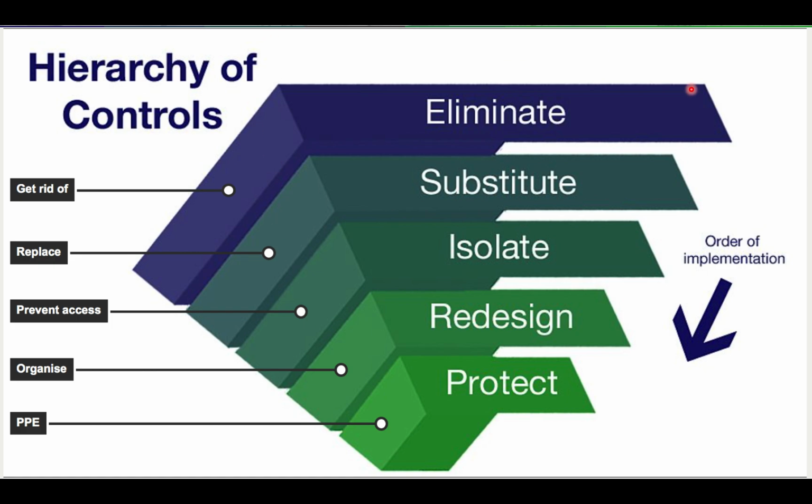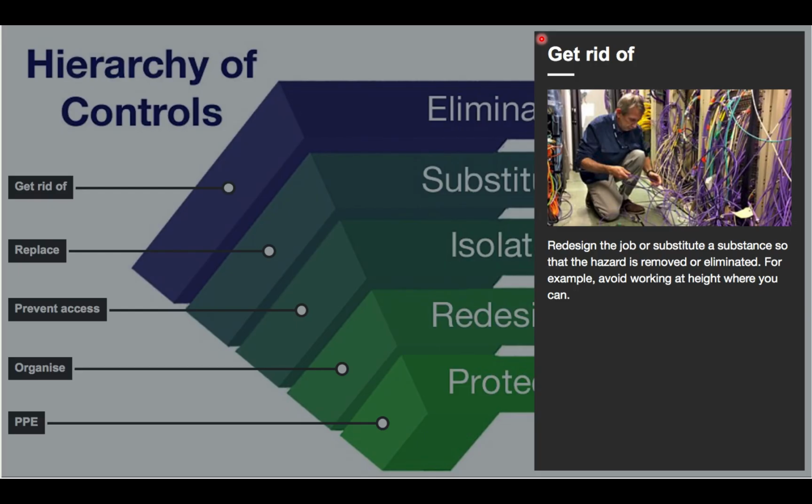Okay. So the first thing you do is you think about eliminate. Is this something that I really need in my film? Could it be gotten rid of really easily? So look at the project you're doing. If it is an action adventure film or it is an advert on a tube station, I want you to think about, does it really need to be done in this way? Or actually, could I do it without this? Could I put a control in place by completely getting rid of that idea and deciding on something different?